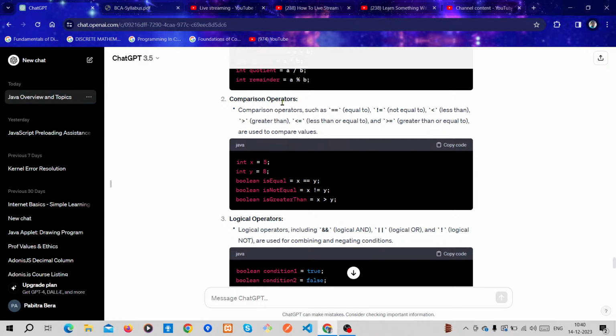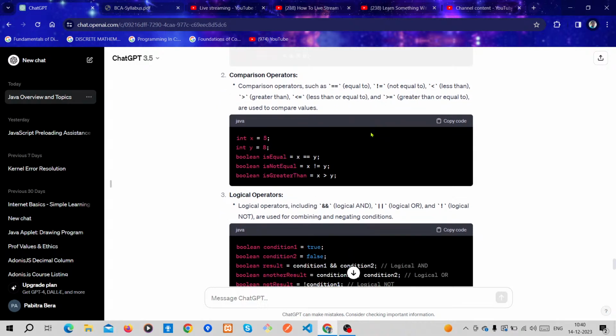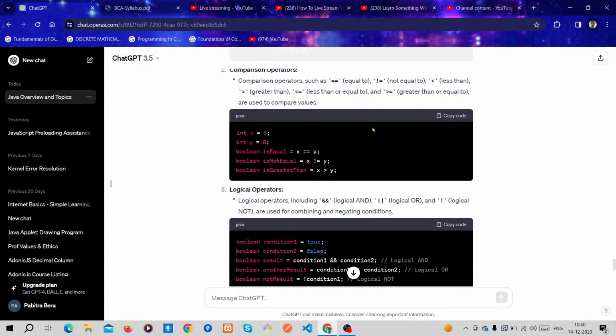Comparison operators. What do you mean by comparison operators? Comparison operators are such as equal to, not equal to, less than or equal, greater than or equal. These are comparison operators, which compare variables with other variables.